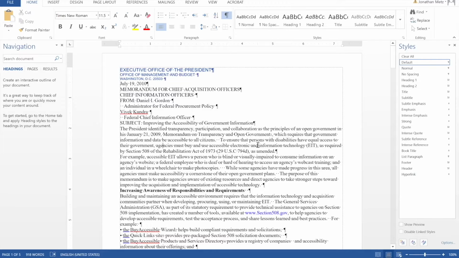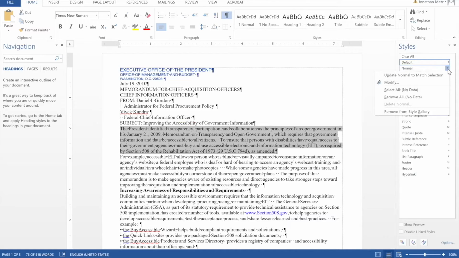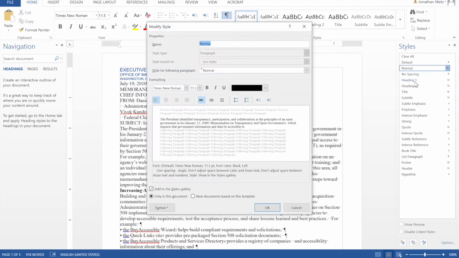Let's go ahead and focus on the main style we'll be working with in any document, the basic paragraph style. I'll select the whole paragraph here. I want this to be the style Normal, so I'll click the drop-down arrow on the Styles pane when I hover over Normal and choose Update Normal to Match Selection. I'll choose Modify next. The Modify Style dialog box appears. Personally, I don't like the way the space between the lines in paragraphs that use serif fonts looks when they're made in increments of 0.5,